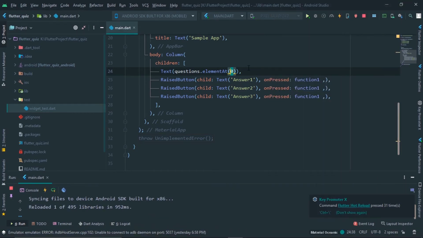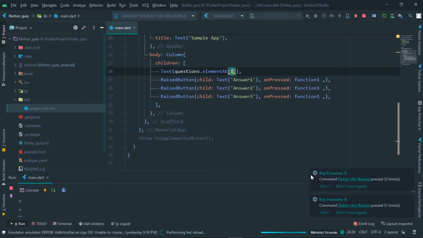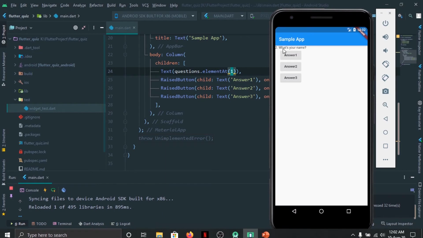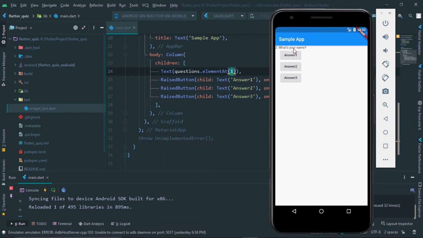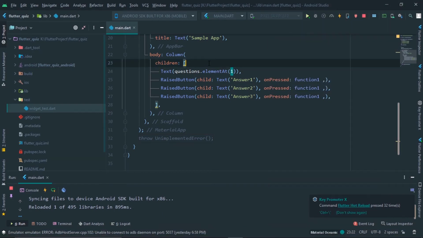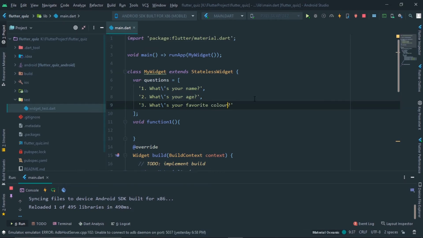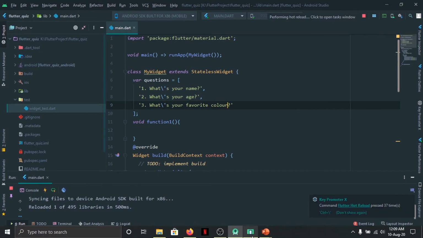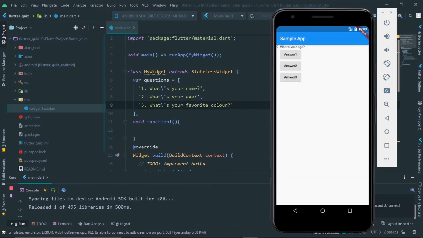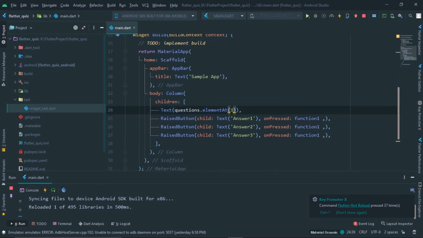If you are, let's say, accessing the second position, that is number 1, then when you hot reload it, you could change the question. So now it's asking with number 2, what's your name? So we didn't change anything here, right? So everything is same. In order to give you a difference, let me ask, what's your age? Now when you hot reload the program, you could see the difference. So now the output is changed. Now you get what's your age,